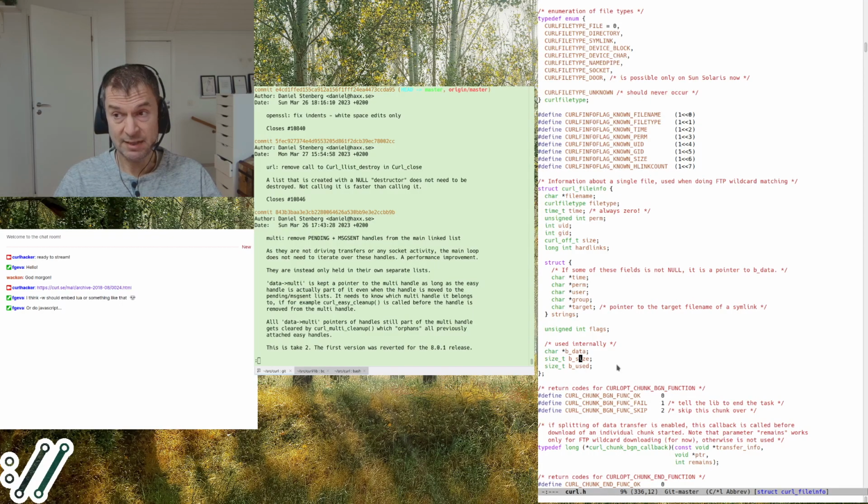And when I did that, I also realized that the list parser used a custom realloc. I've mentioned on my streams that we don't like reallocs. We want to use our generic dynamic buffers, the dynbuf system in curl.